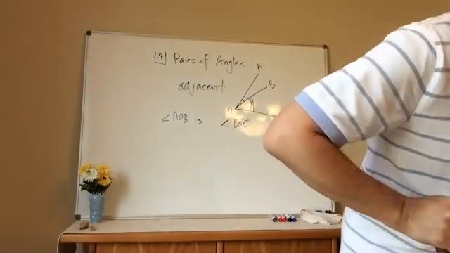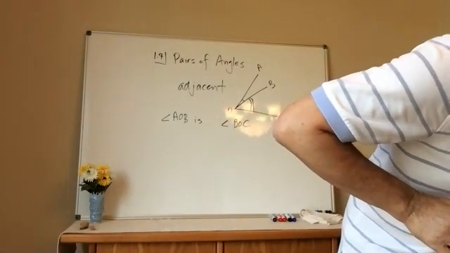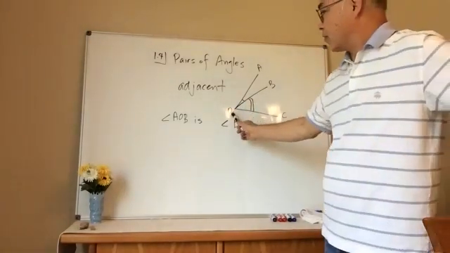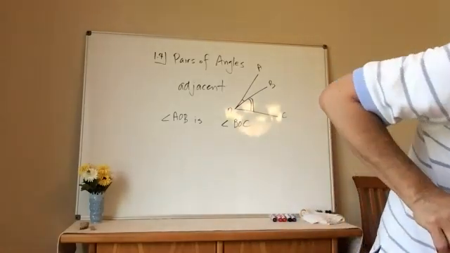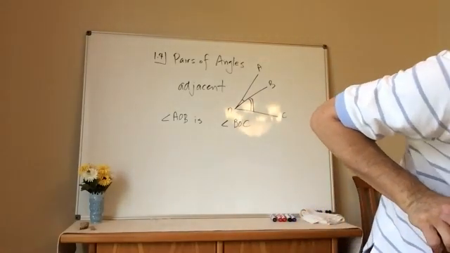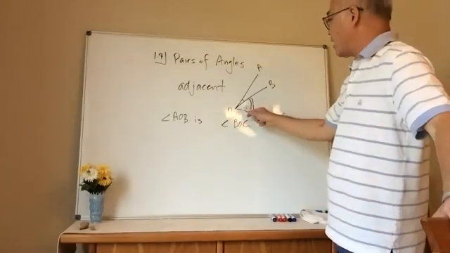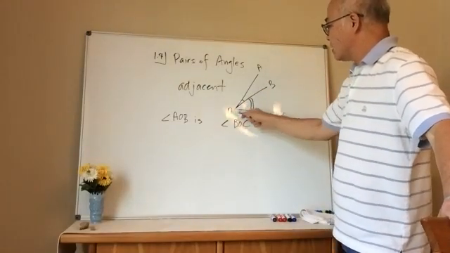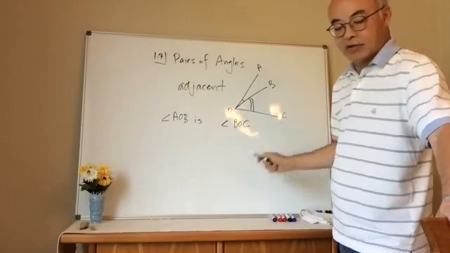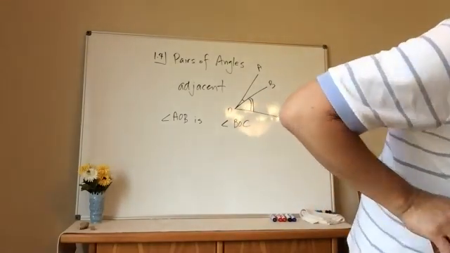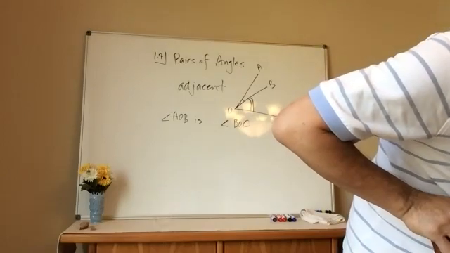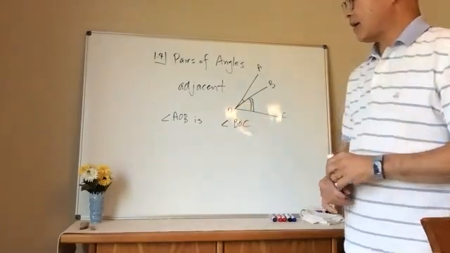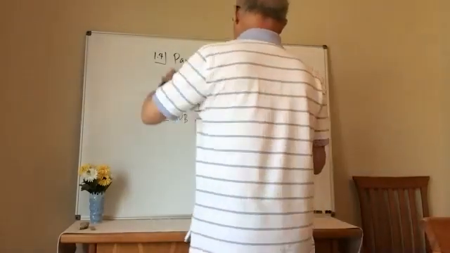If you look at the definition there, it says two angles in the same plane with a common vertex and a common side. This would be the common side here, because this side is in this angle, and it's also in this angle too. So a common side, but no common interior points. So those are adjacent angles. The next thing we'll talk about is what we call